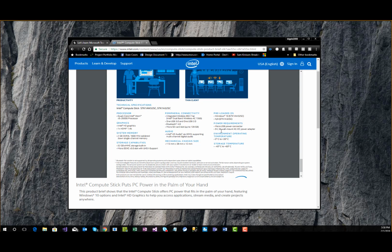Okay, so great. I don't know if it's powered off HDMI or if it's powered off a USB. So the question is, you have something you can fit in your pocket, but if the brick can't fit into your pocket, it's not as useful as it could be. But then again,